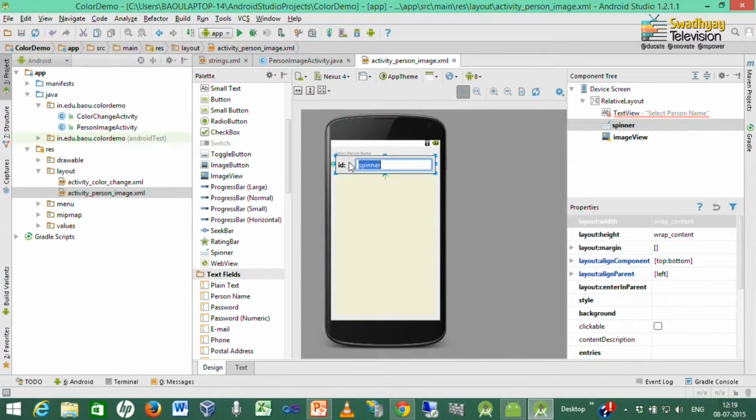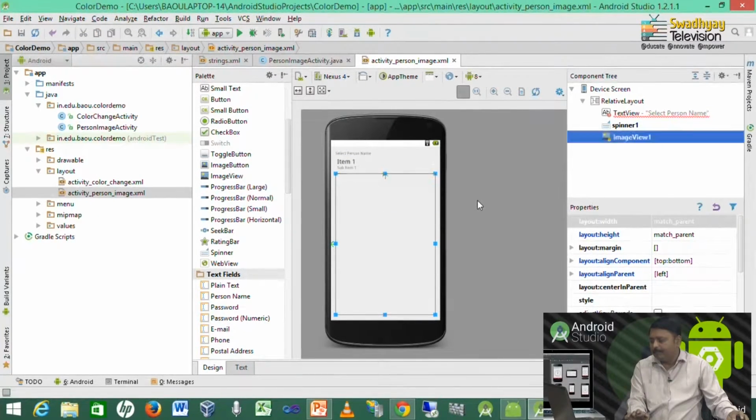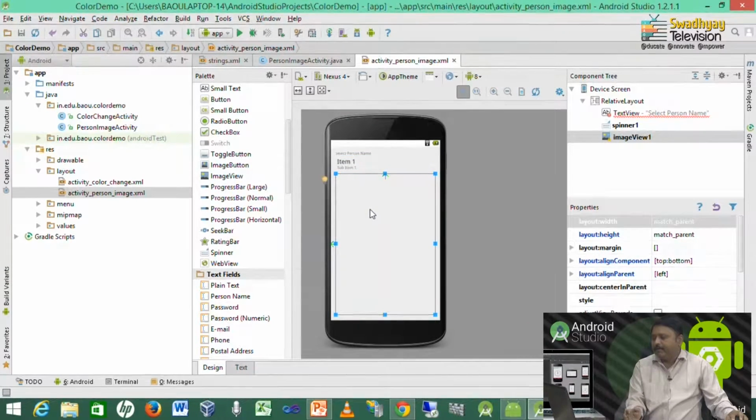Now, we define the ID for this spinner as spinner1, and the image view ID is imageView1. Now, our interface is ready. First is a text view, another is a spinner which displays the persons' names, and whenever a person's name is selected, we display his or her image below in the image view.